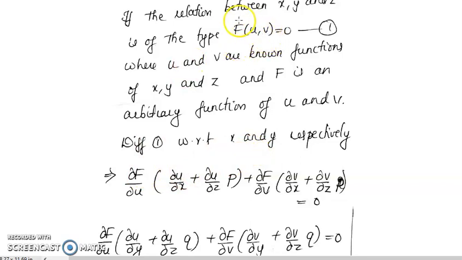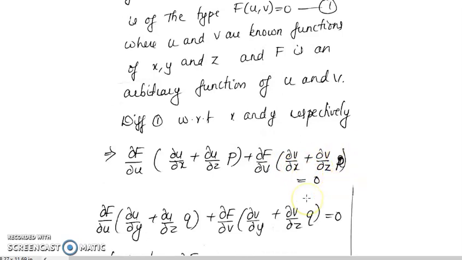By using the chain rule of differentiation, when you differentiate with respect to x, you will get dou f by dou u into dou u by dou x plus, since u is a function of x, y and z, and z is a dependent variable, a function of x and y, dou u by dou z into p, that is dou z by dou x, plus dou f by dou v into dou v by dou x plus dou v by dou z into